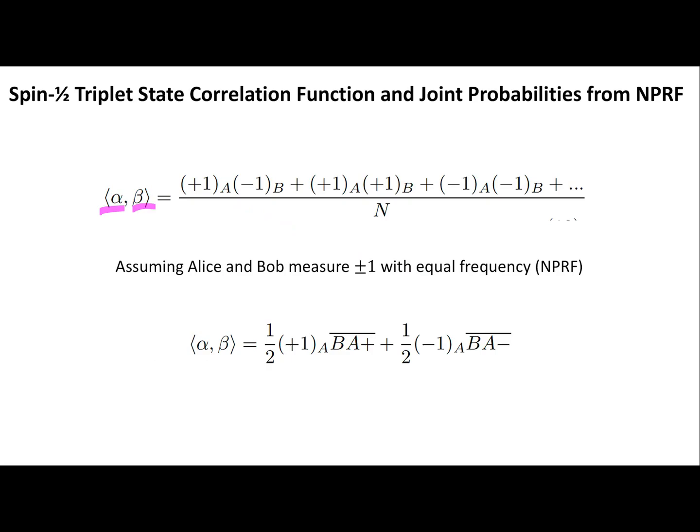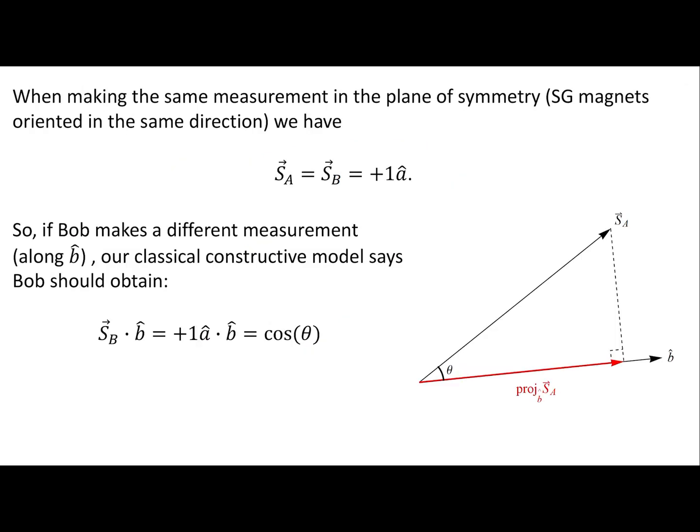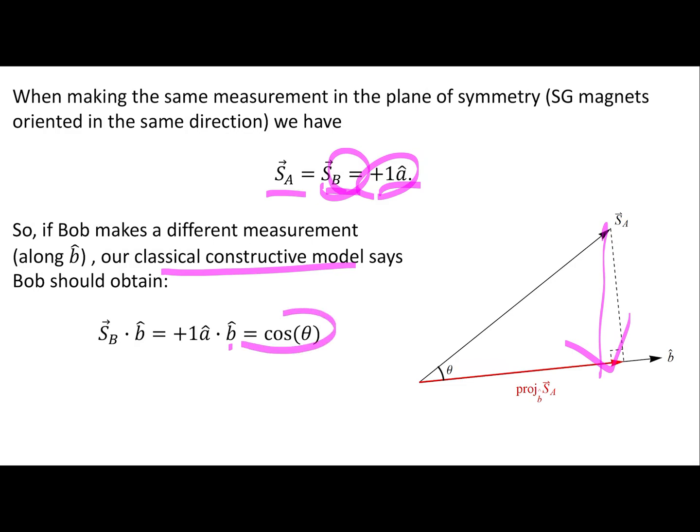And we're going to look at a particular collection of outcomes for some alpha and some beta and compute our correlation function. We're going to partition it, organize it according to Alice's equivalence relationship, in other words her +1 and -1 outcomes. So this is what Bob averages for her +1s, and this is what Bob averages for her -1s. From our classical constructive model, when they're aligned they both would have gotten +1, but Bob measured at B hat, not aligned with A hat, and therefore he should have gotten his +1